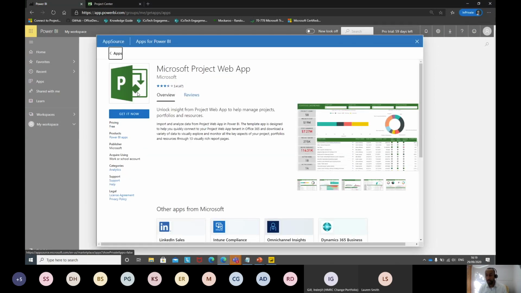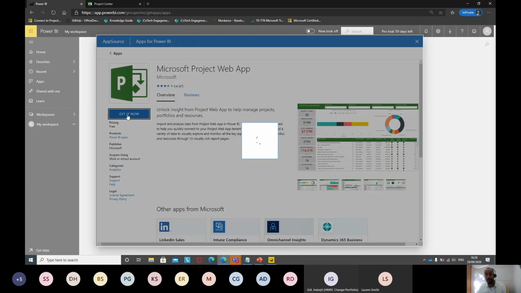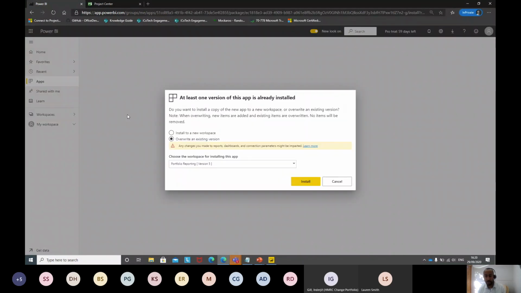And this takes us to the description of what it is you're about to install, and gives you a bit of blurb about what it is and what it actually works with. So this is the Power BI app, as it says here. The pricing, which is always good, it's free. Now, as I said, if you want to install it, you hit this Get It Now button. So this is where you left click on there, and it goes off and starts adding the information to your